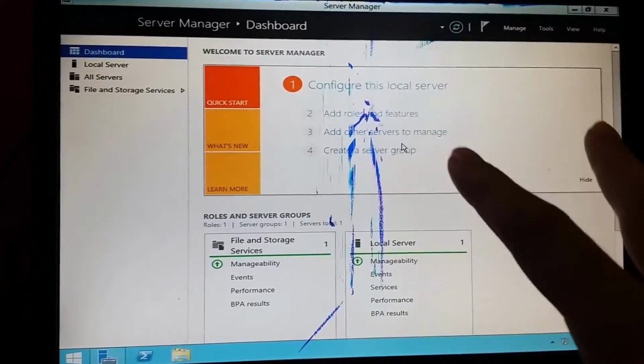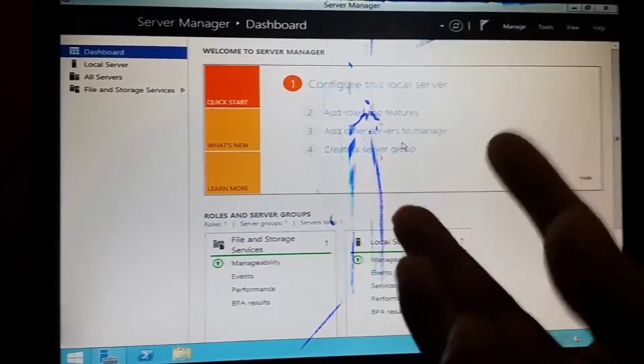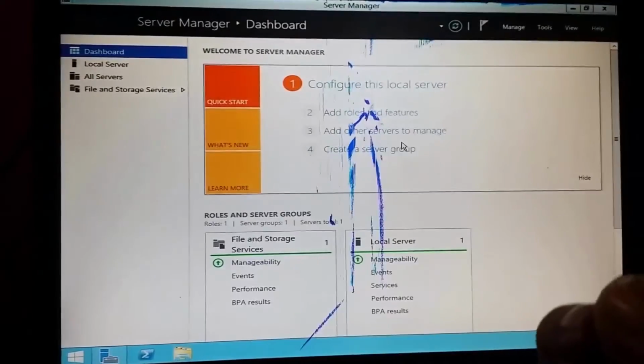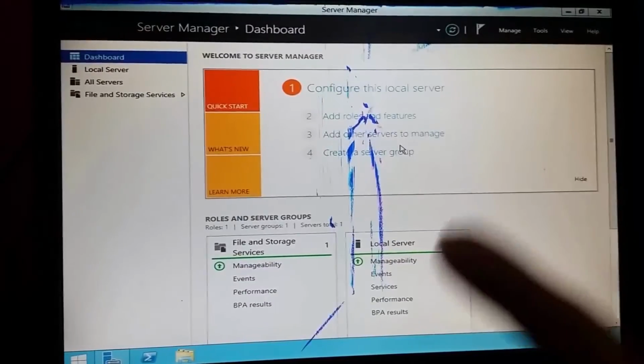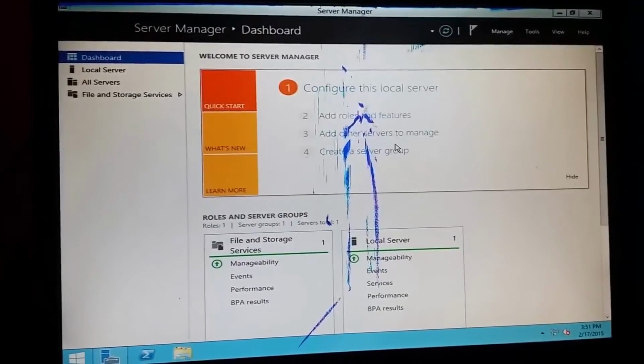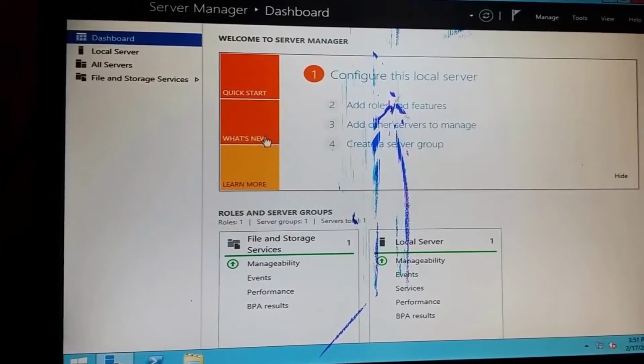What we need to do is create this as our main domain controller, and that's something we will discuss in the next video, and I'm going to show you guys how to get to that video right after this. But just before that, we just want to quickly go ahead and see what's going on with this